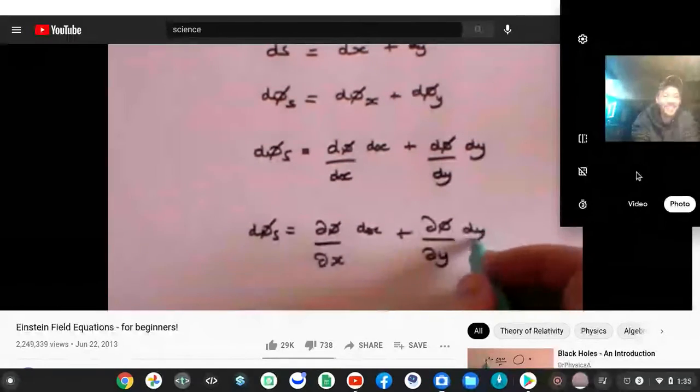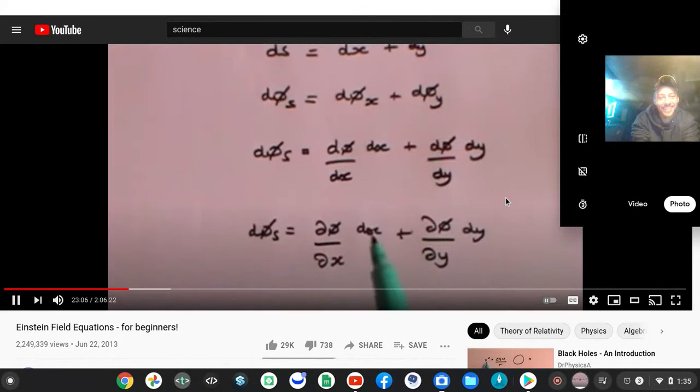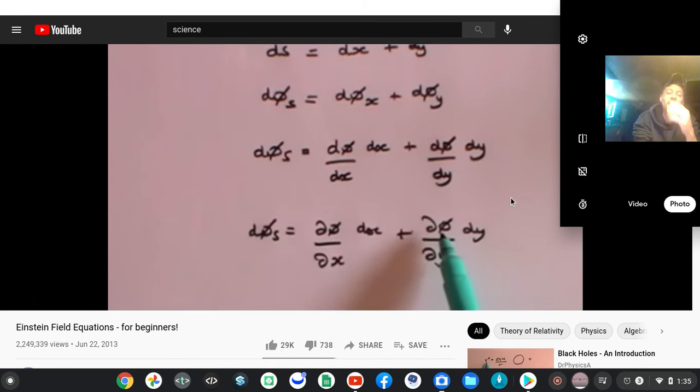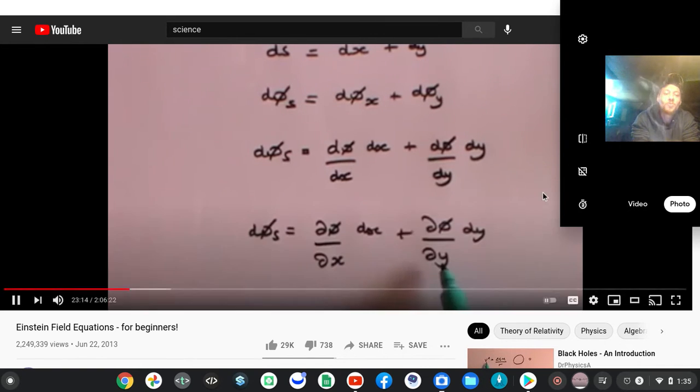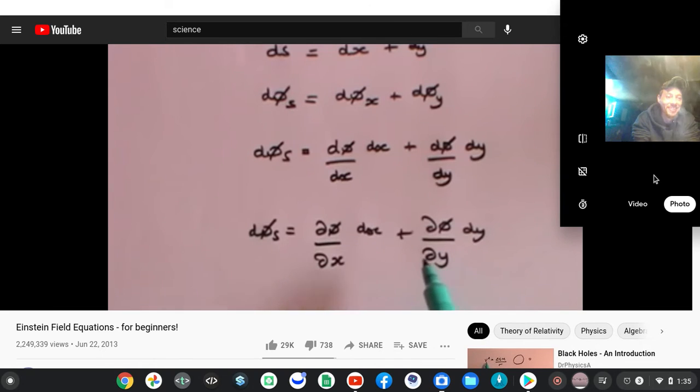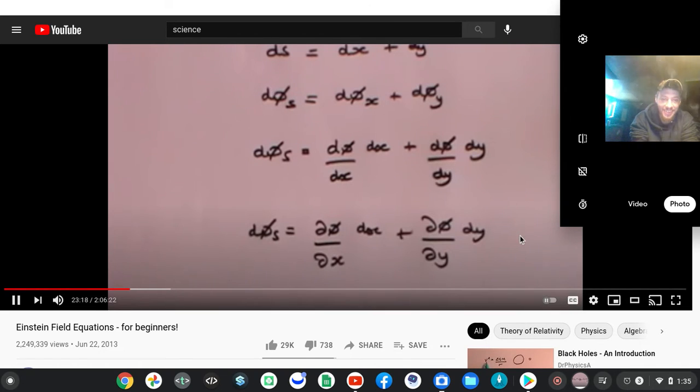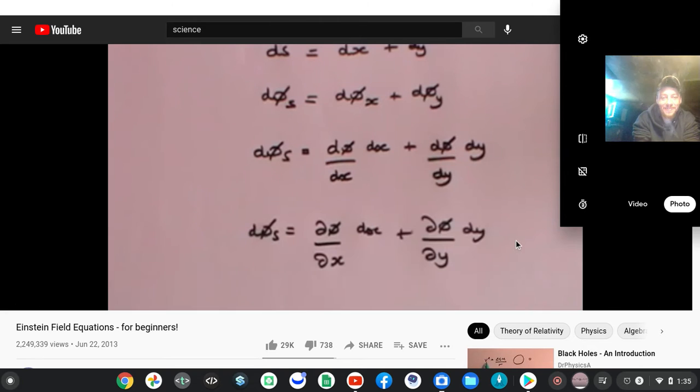The reason I'm going to do that is because that's what it's called, a partial derivative. It simply indicates that although this is the derivative with respect to x, there are other derivatives. In this case, a derivative in respect to y. It's not the only derivative. So it's called a partial derivative, and it's indicated as a partial derivative by virtue of having a